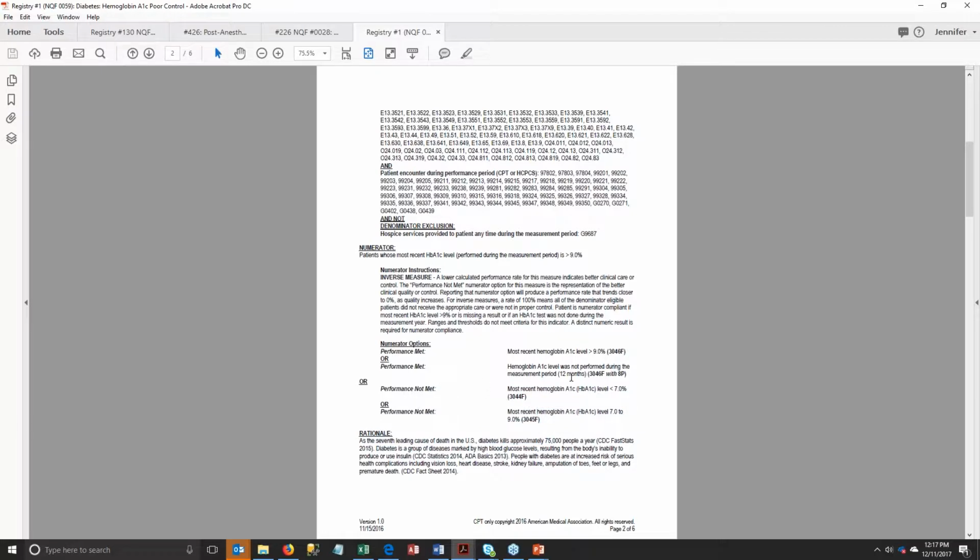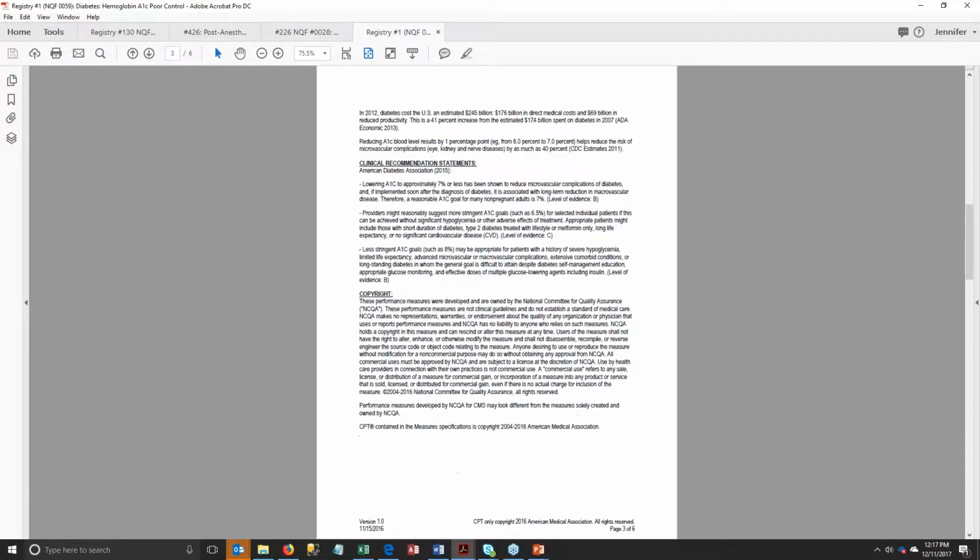You don't want an A1C that's higher than 9. You would love for it to be something that is performance not met. So just keep that in mind with this one. And this is actually copyright, just so I can spike it out, is by the National Committee of Quality Health